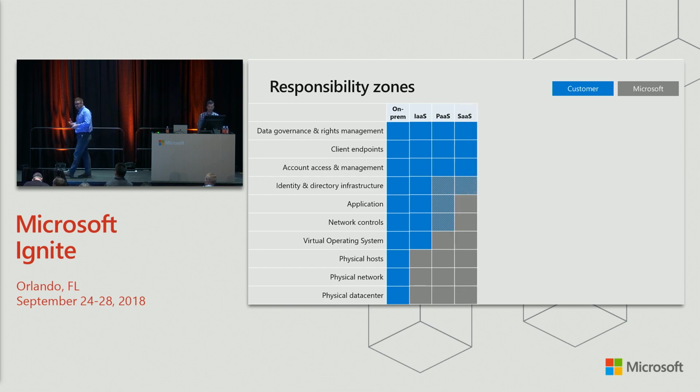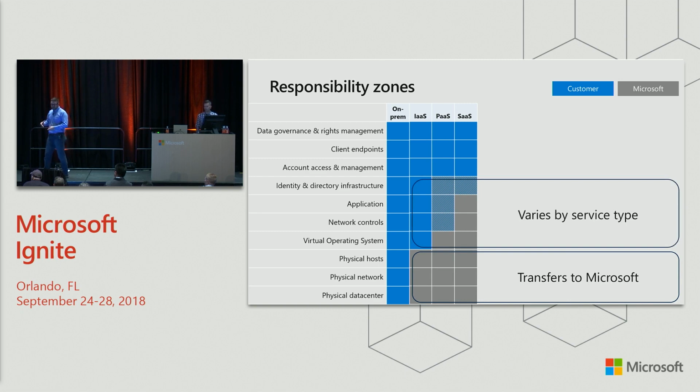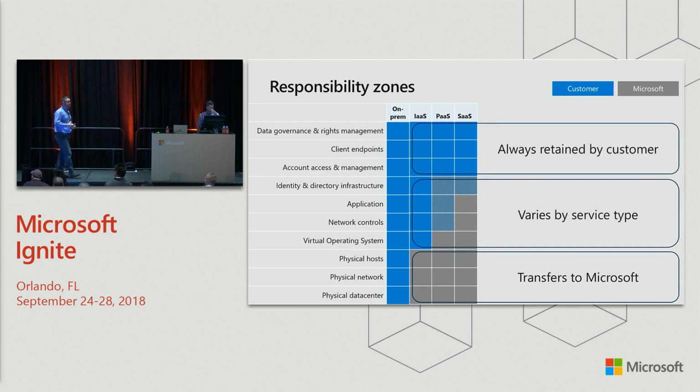As we move through PaaS and SaaS, though, you see that this responsibility starts to blend a little bit. You may not get the same level of network controls in a PaaS or a SaaS offering that you're paying for. You won't be able to patch the operating system. You won't even be able to see the operating system. And so at these various layers, there's this discussion that has to happen about which area of shared responsibility transfers to Microsoft, which area is going to be contingent upon the workloads that you're putting together, and which area you will always retain,